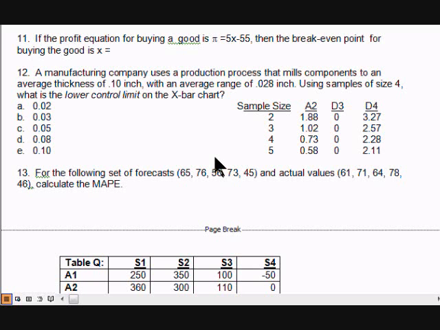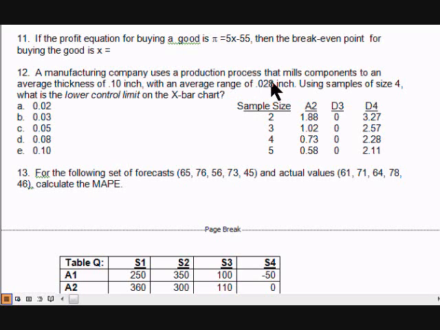And you'll see that column A2 above it says the factor for X chart, and that's A2. We're going to take a look at our sample size, which is 4, so we're going to use the value right here. And in our formula, the lower control limit is just going to be our average